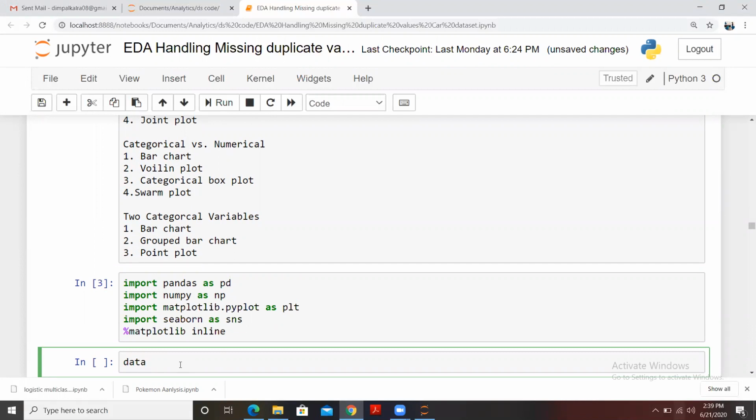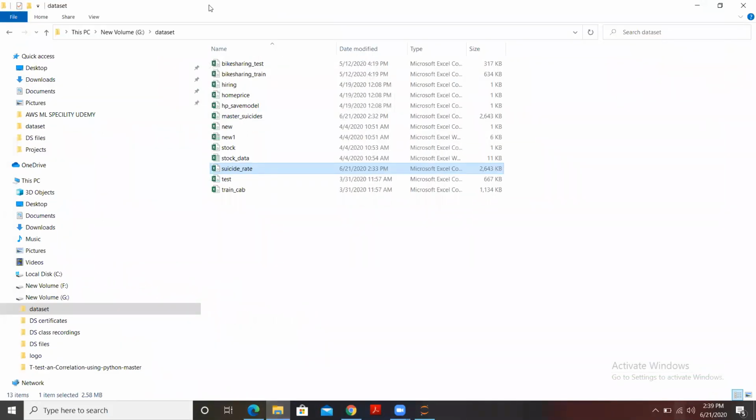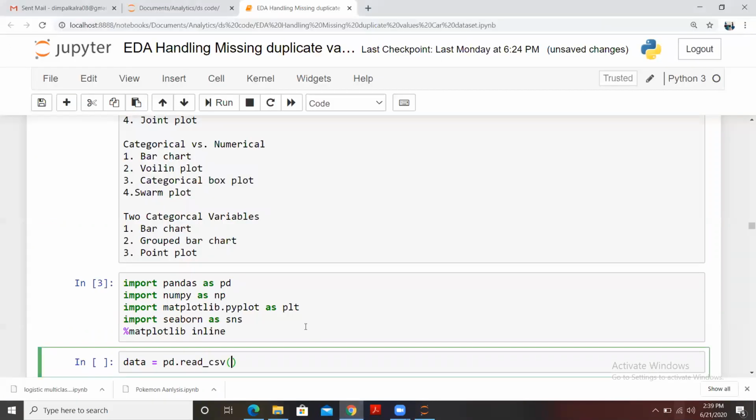I'm giving the name as data and pandas read underscore csv, and then I will be importing data from this location. So let me copy the path, and here it is. I'll be putting that into the quotes, and I believe this is the name of my data set. Let me check it again.